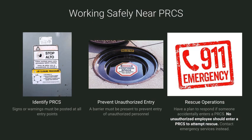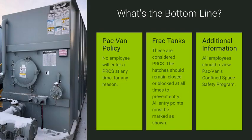When working near permit-required confined spaces, employees should have a plan in place for rescue operations if someone were to accidentally enter the permit-required confined space. First and foremost, no unauthorized employee should ever enter a permit-required confined space to attempt to rescue someone else. This will simply add casualties that will have to be rescued. Instead, employees should contact emergency services or the on-site rescue team. The bottom line for Pac-Van employees is that company policy mandates that no employee ever enter a permit-required confined space